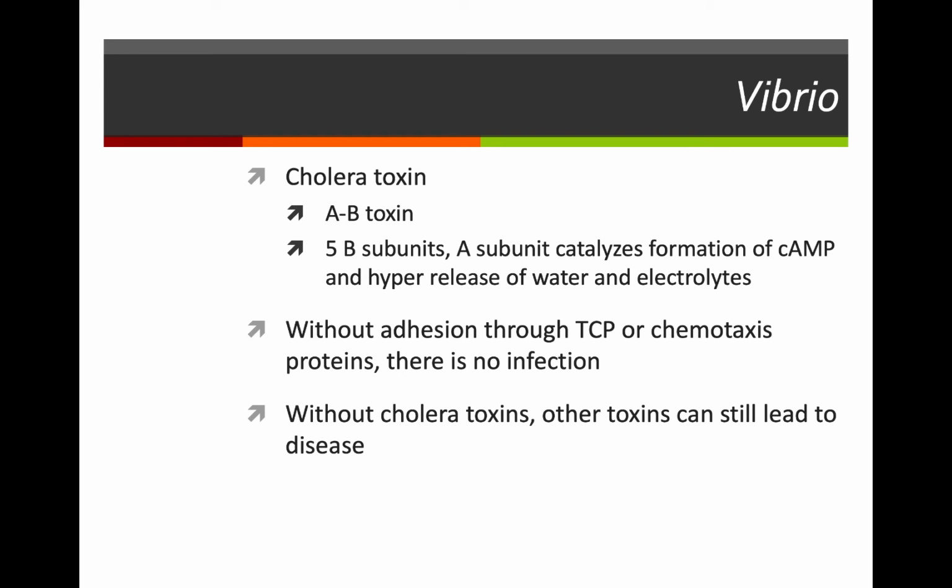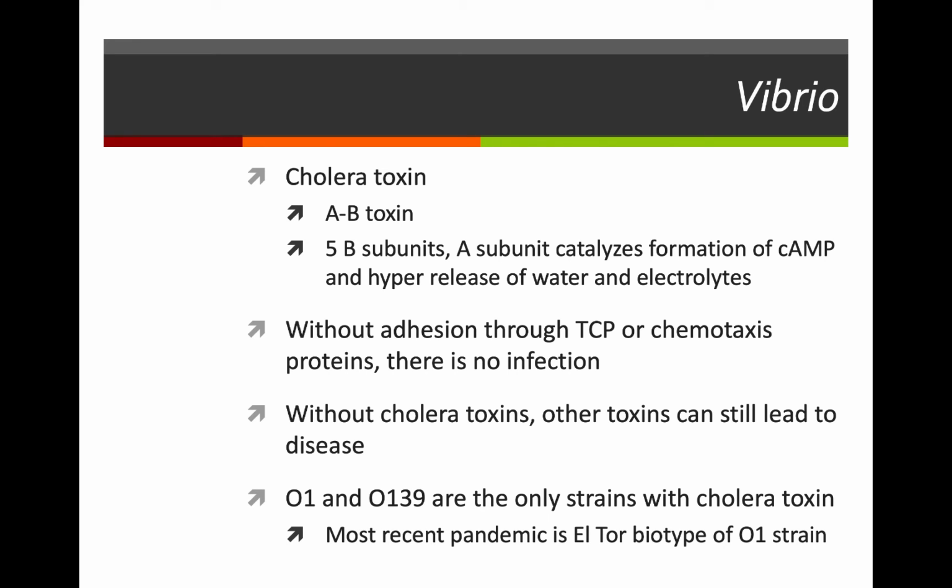There are many strains of Vibrio cholerae which do not produce cholera toxin. We saw the accessory cholera toxin and the zonula occludens toxin. Those 2 toxins, the accessory cholera toxin and the zonula occludens toxin, will also lead to diarrhea. However, it is the production of cholera toxin that leads to the copious, deadly diarrhea. So even without that toxin, this bacterium can still cause gastrointestinal issues, but the strains that have this toxin are much more dangerous.